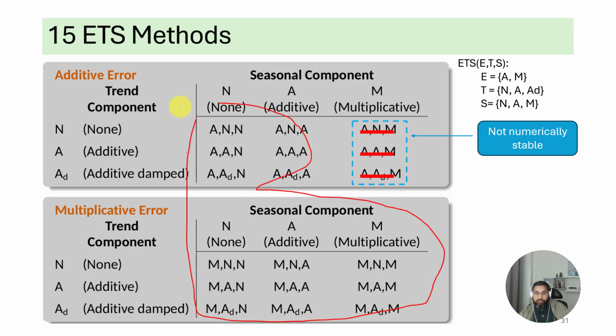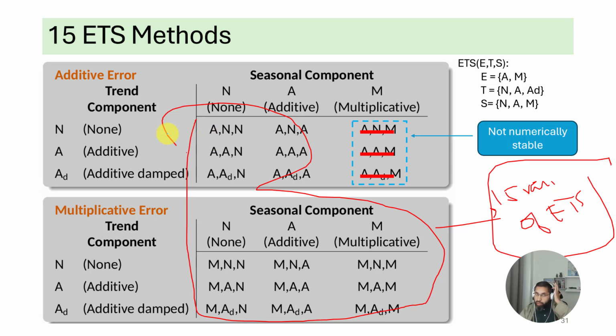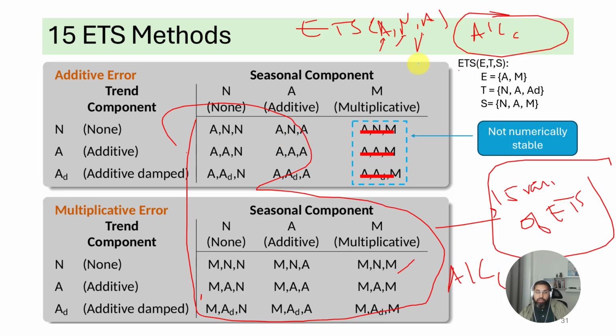So the 15 variations of ETS method are what are commonly used, and the software will automatically pick the best one for each time series you give it based on what? Based on AICC. So you should know if I give you, okay, what is ETS, additive error, no trend, additive seasonality. So you should be able to interpret what these terms mean. You should know that AICC is what we use to pick the best model. The smaller the AICC, the better the model we have. Okay.